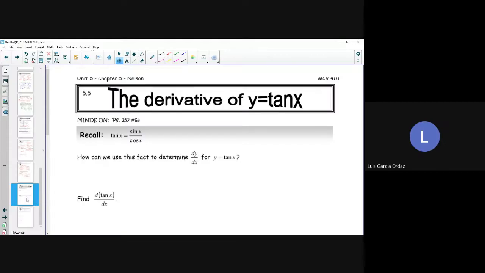Recall, remember, based off identities, tan x is the same thing as sine x over cos x. So how can we use this to determine the derivative of tan x? So I can do it two ways. I can either use my quotient rule,